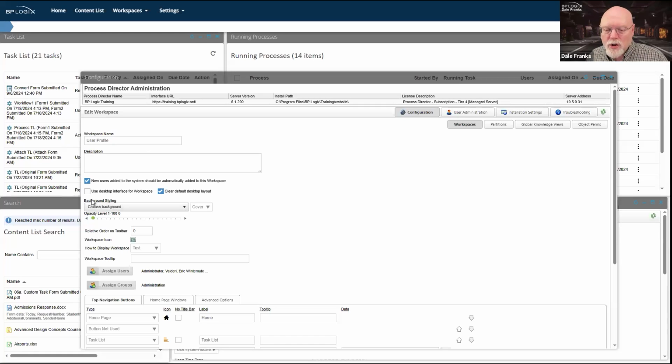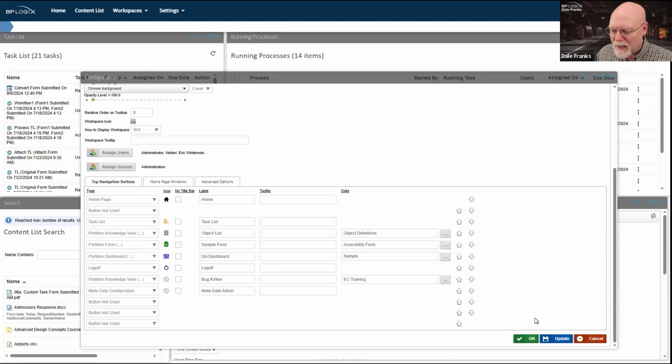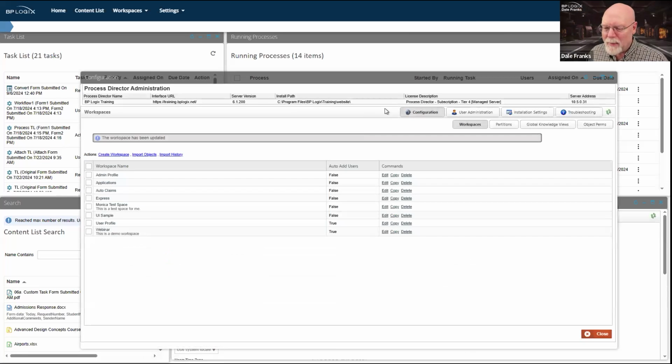I'm not sure what the purpose is for A, using the desktop interface, and B, clearing the default desktop layout, because you're basically eliminating the one main reason why the desktop layout is convenient to end users. So if you're just going to force them to comply with your layout, why turn it on at all? Just keep the old workspace layout and you'll be a happy camper.